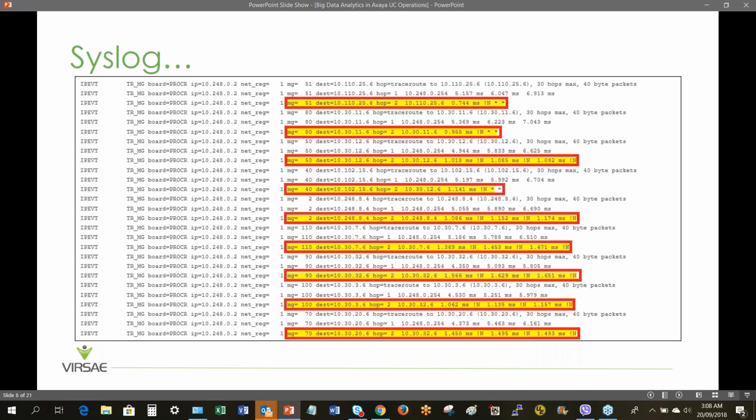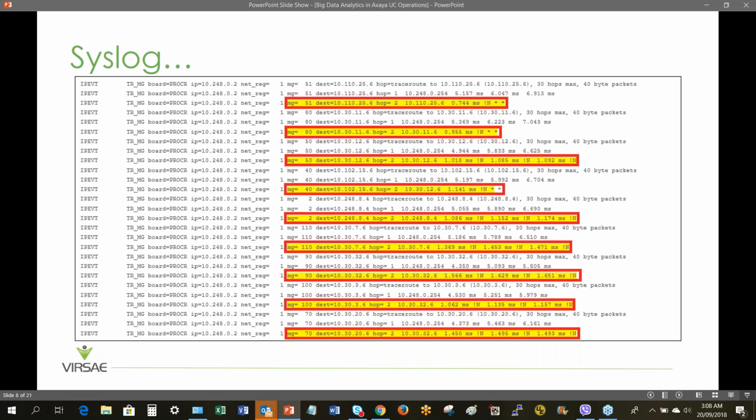So what happens from a practical point of view, if a media gateway goes down, the Avaya server instigates a trace route. A trace route is basically a message that goes across the network to find out where the break in the network has occurred. Essentially, the server's saying, I can no longer talk to the media gateway. Perhaps there's a problem with the network. I'm going to run a trace route and see if there is.